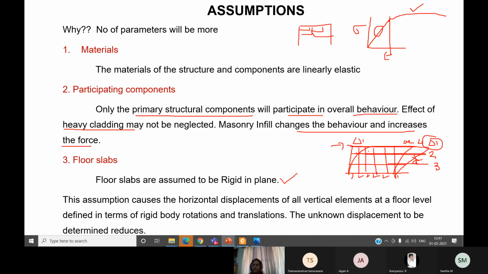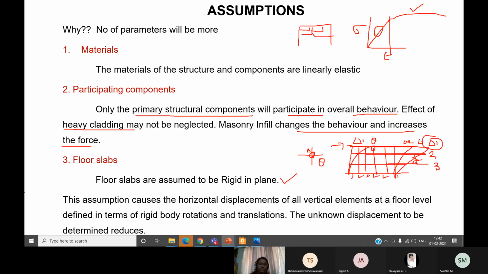Similarly, rotations. At each joint, I can take theta for this member, theta for this member, theta for this member. In this joint itself, I can say that there are 3 rotations. But this assumption makes it clear that there is only one rotation at this particular joint. If 3 or 4 or 5 members are meeting at this joint, I assume that only one rotation is possible. Otherwise, I can take theta BA, theta BC, theta BD, theta BE. If this is a joint B, the number of parameters becomes more.